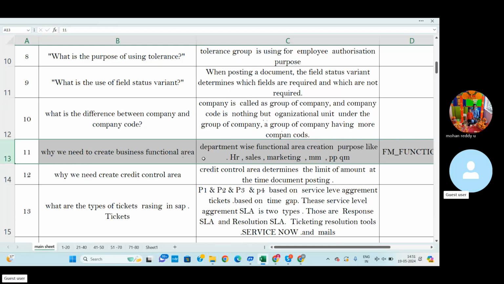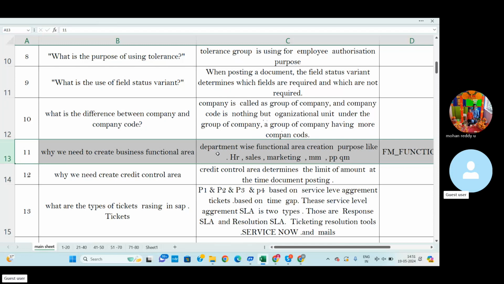Why do we need to create a business functional area? First of all, you should know what is meant by business functional area. A functional area is nothing but a department of an organization. In each organization there are different types of departments. For example, take a car manufacturing unit.